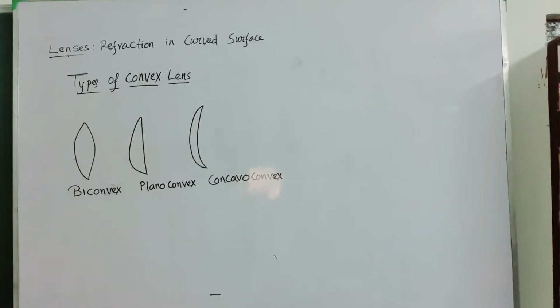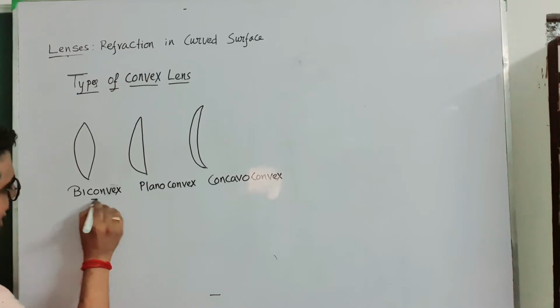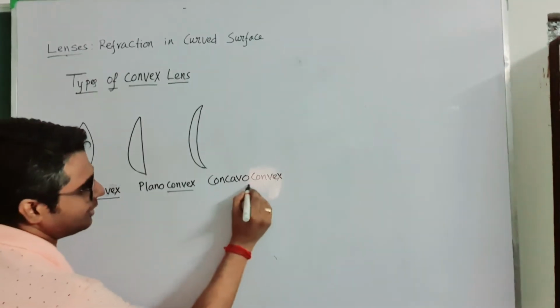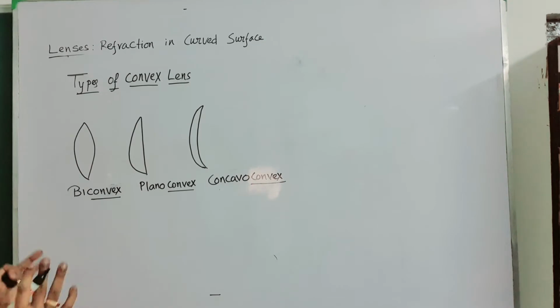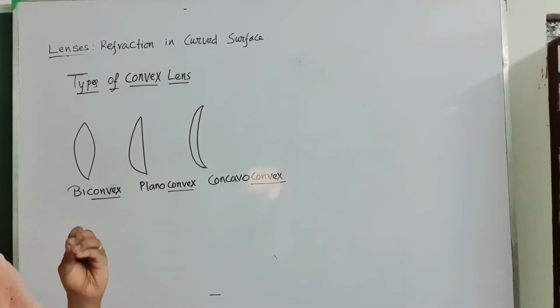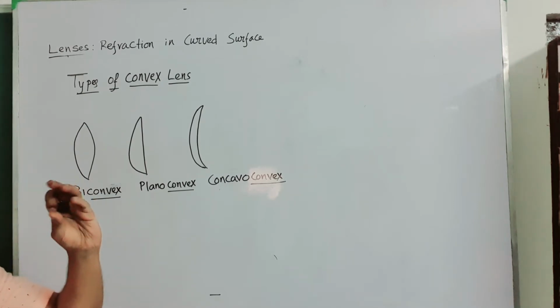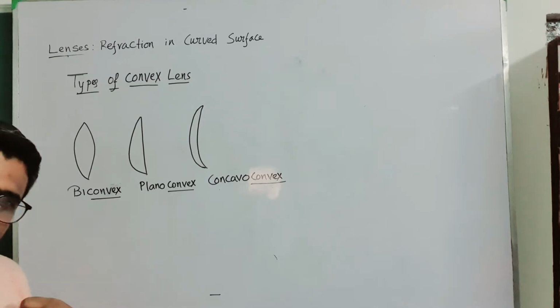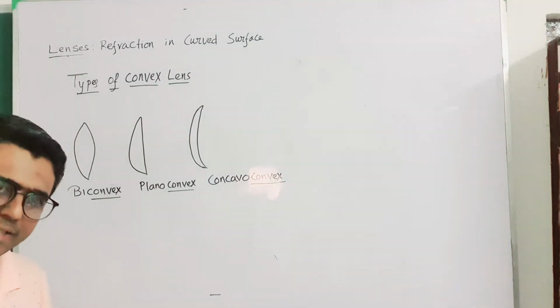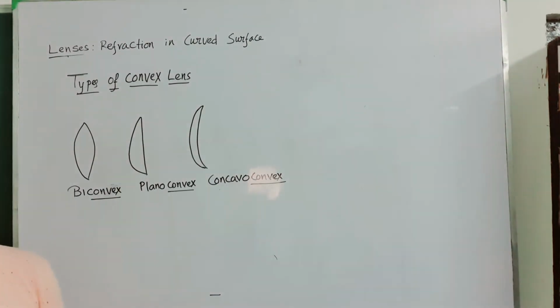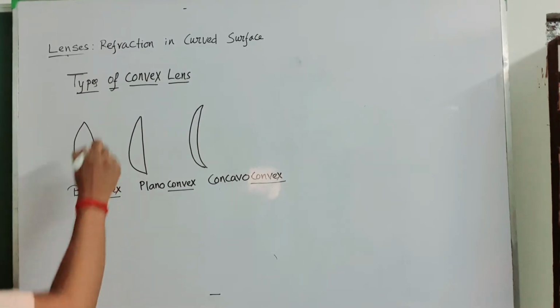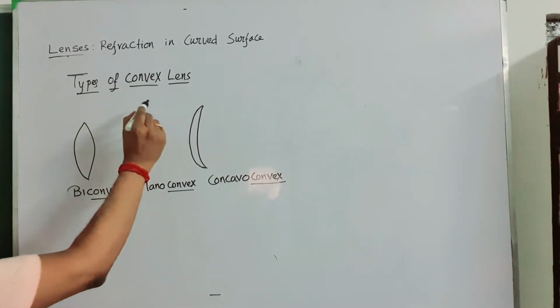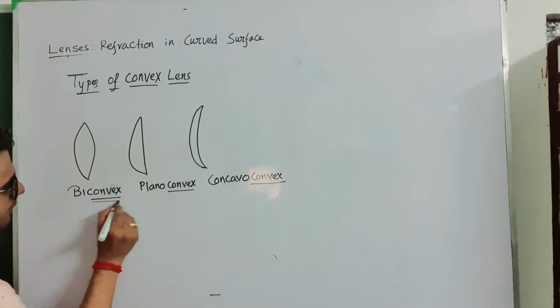Look, one thing to keep in mind is that whenever you name something, the breed or the original thing will always be kept the same. That is, whether it is me, my son, my father or my grandson, our title stays the same. Similarly, all are convex lens. That's why the last part will be convex.